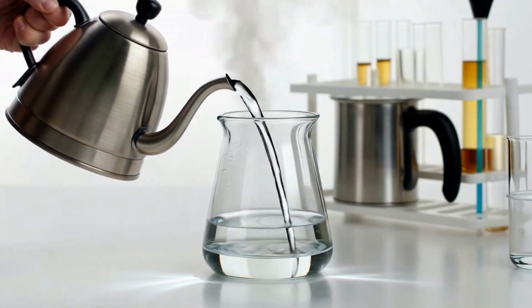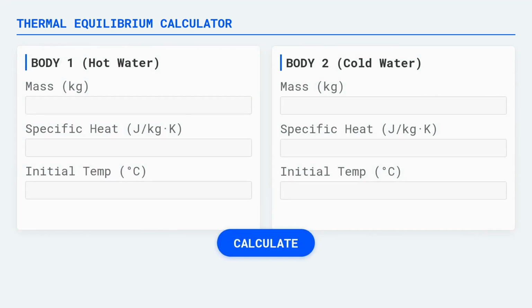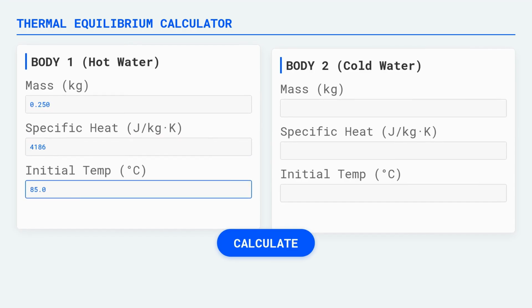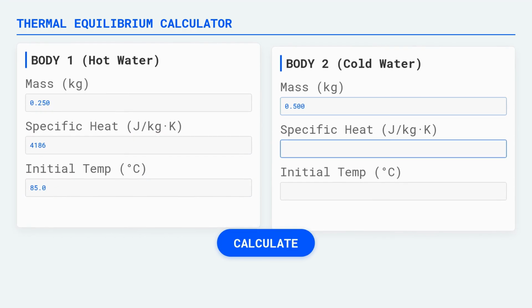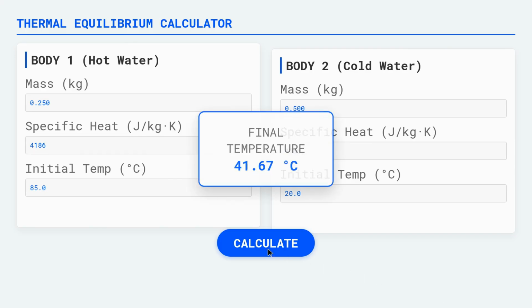Let's work through an example. Imagine mixing hot water with cold water. Enter 0.250 kilograms for mass 1, 4186 for specific heat 1, and 85.0 degrees for initial temp 1. For the cold water, enter 0.500 kilograms for mass 2, 4186 for specific heat 2, and 20.0 degrees for initial